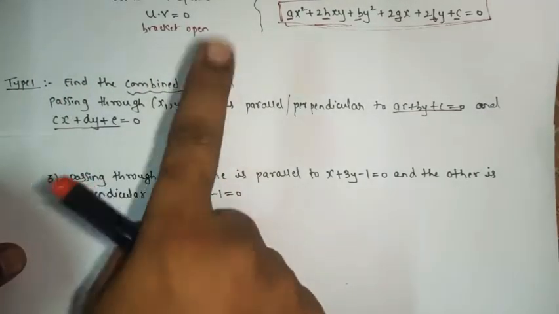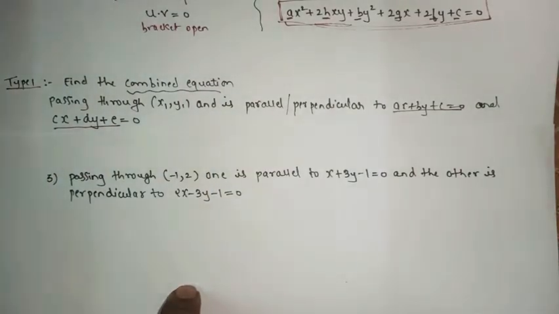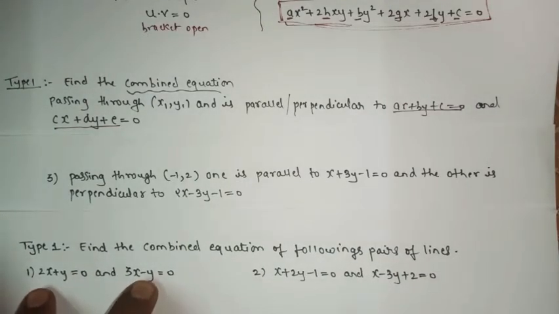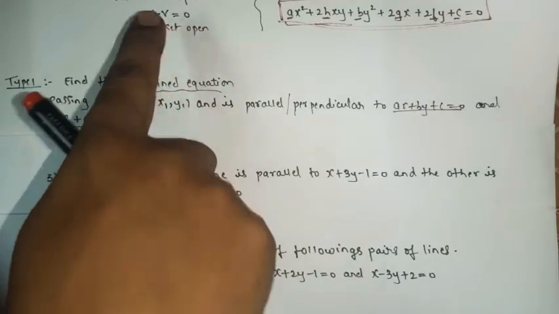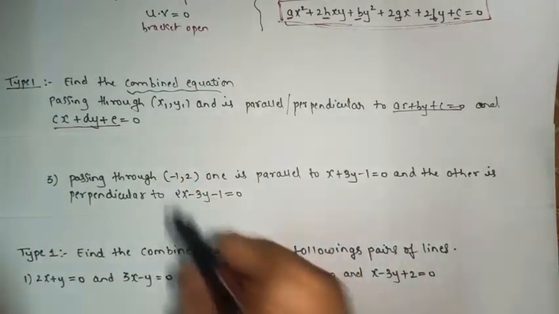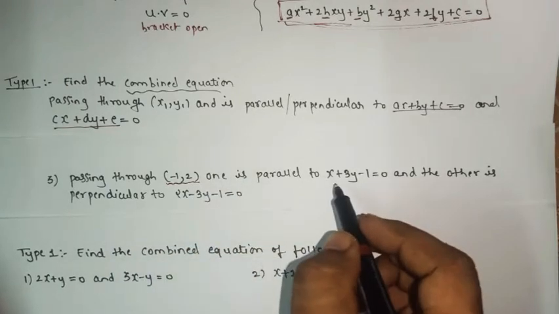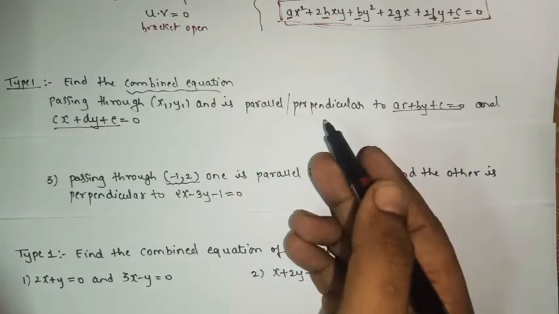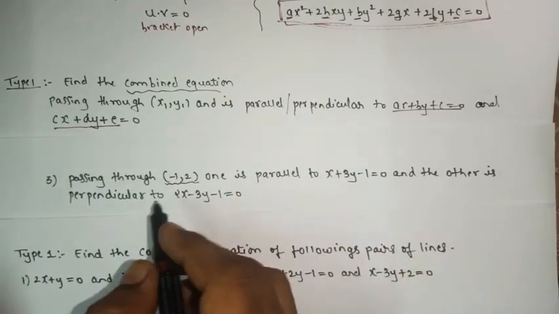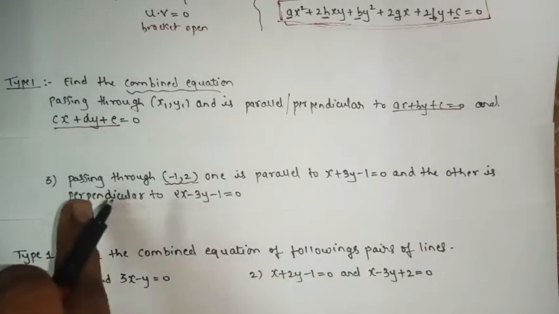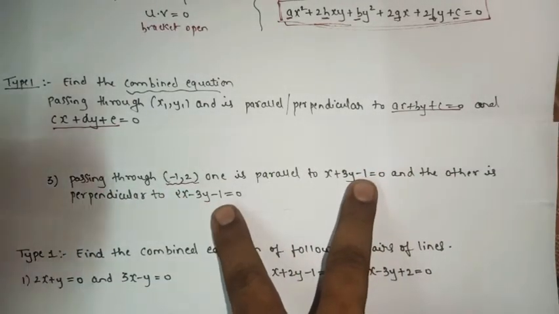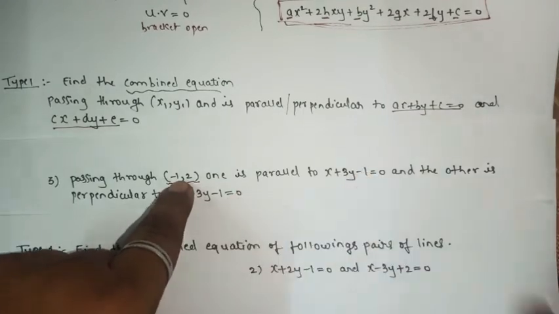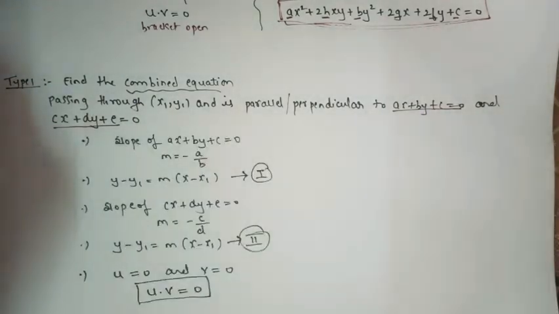To find the combined equation, listen here, there is a huge difference between these two examples. Yes, we have only two equations. Whenever you have two equations, the first concept will come. Whenever the statement comes with passing through, and then parallel or perpendicular, sometimes they use parallel, sometimes perpendicular. One line will be parallel and the other will be perpendicular. Whenever you have only two linear equations with one point, that is (x1, y1), there is a proper method, a proper step which you have to follow.